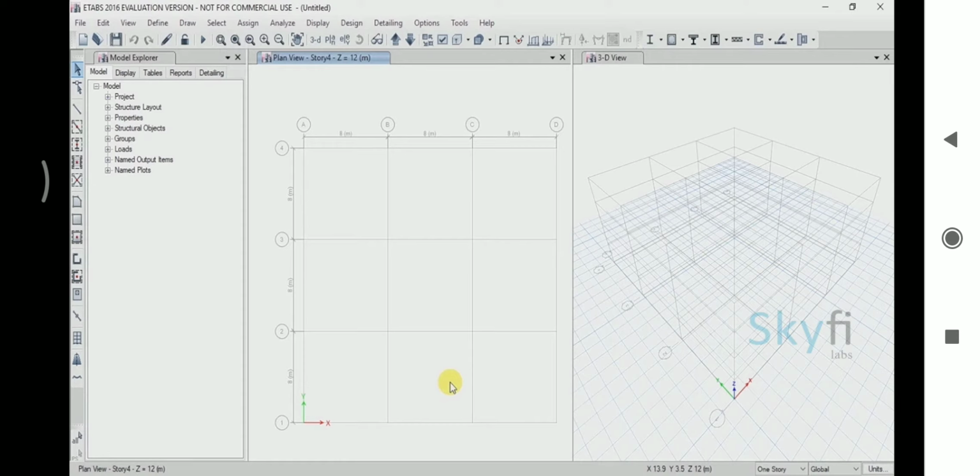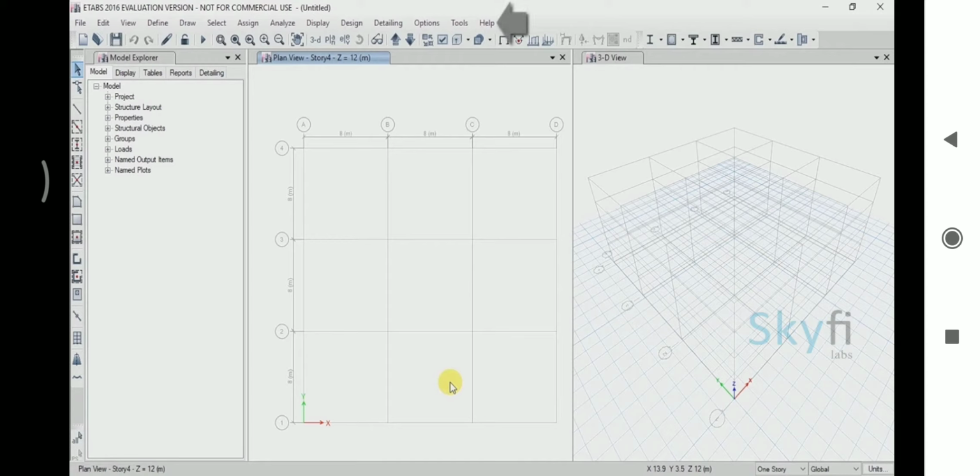Here you can toggle between the plan view, elevation view or the 3D view of the building in the tabs, or even add a new tab and select another view. Please note that the diagram generated is not of the building frame, but of the grid, on which you will draw the elements like beams, columns, slabs, etc. to complete the building model.